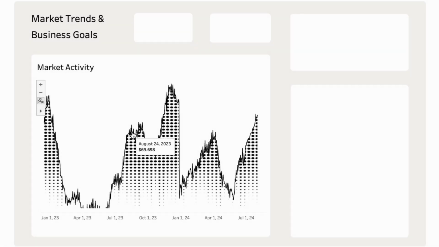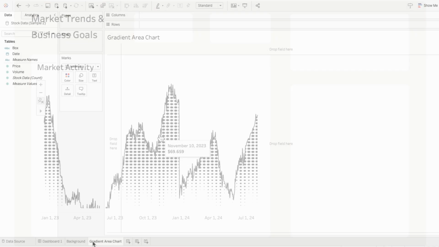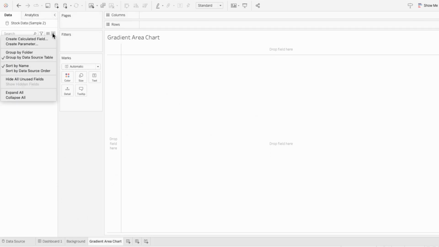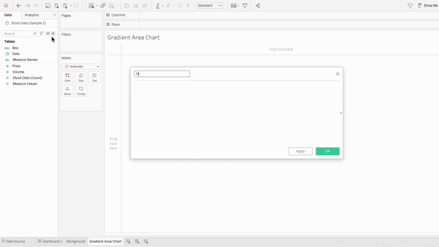To create this area chart that has a gradient of dots that gradually get smaller, we just need to create 3 calculated fields. So I'll create a calculated field, and this first one will be for our normalized metric. And I'll be using price as our metric. So I'll type the sum of our price